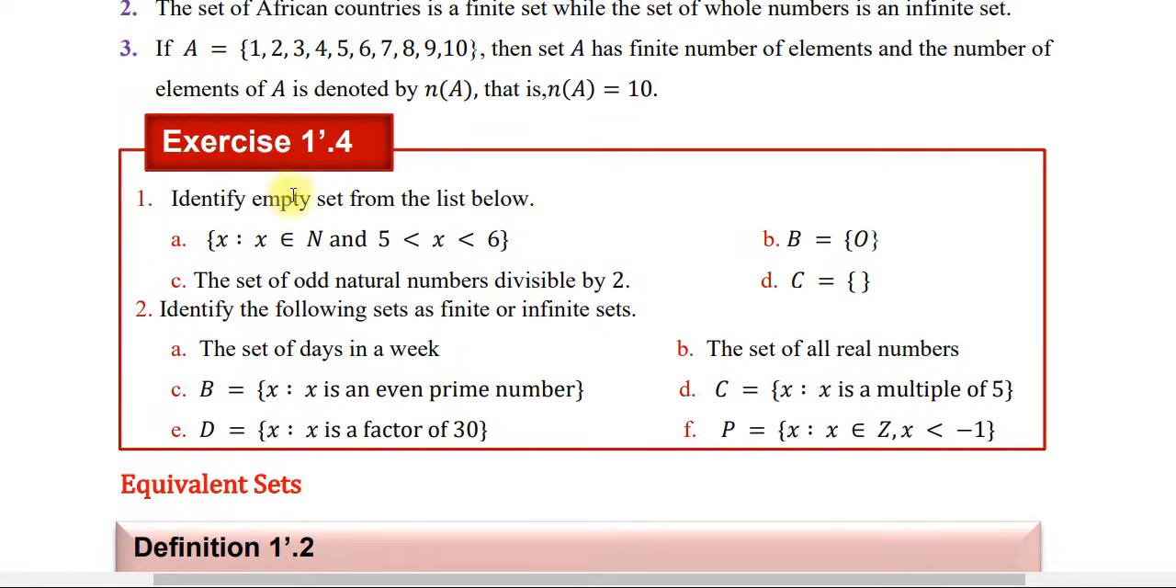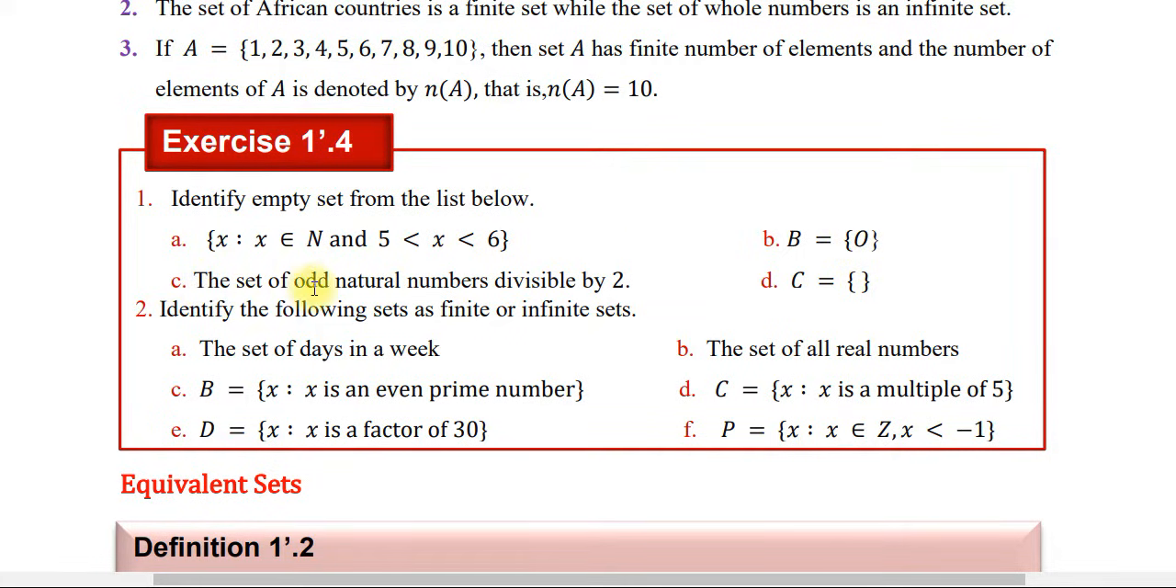እዚህ ጋር አሁንም ኤክሰርሳይዝ አለን። Identify empty set from the list below ይላል። እዚህ ጋር ከተዘረዘሩት መካከል ኢምፒቲ ሴት የሆነውን አሳዩ ነው የሚለው። A: x is that x is an element of natural number and 5 less than x less than 6. በ5 እና በ6 መካከል ያለ ናቹራል ነምበር። ስለዚህ ኢምፒቲ ሴት ነው። ናቹራል ነምበር በ5 እና በ6 መካከል የለም። B is equal to the set containing 0. ስለዚህ አንድ ኤሌመንት አለው። ማን የተባለ? 0 የተባለ ኤሌመንት። ስለዚህ ኢምፒቲ ሴት አይደለም።